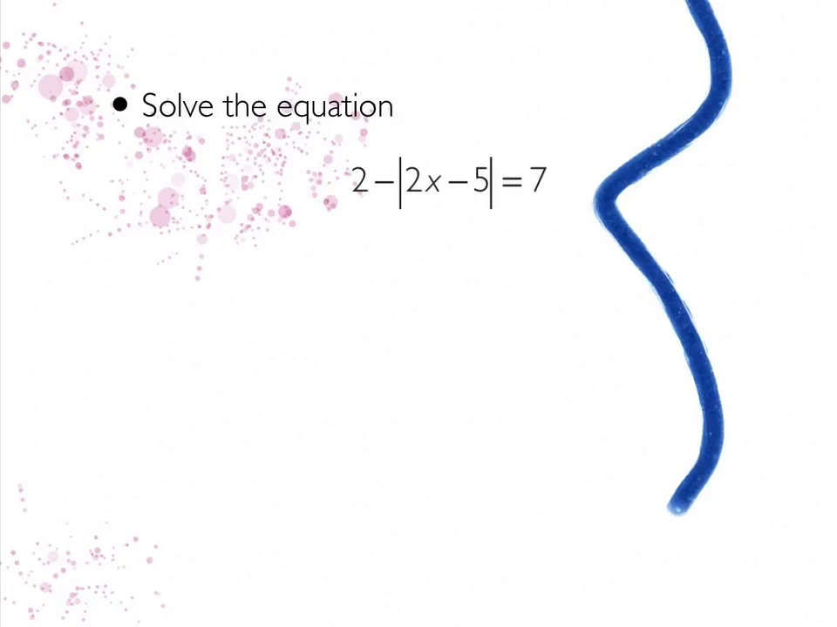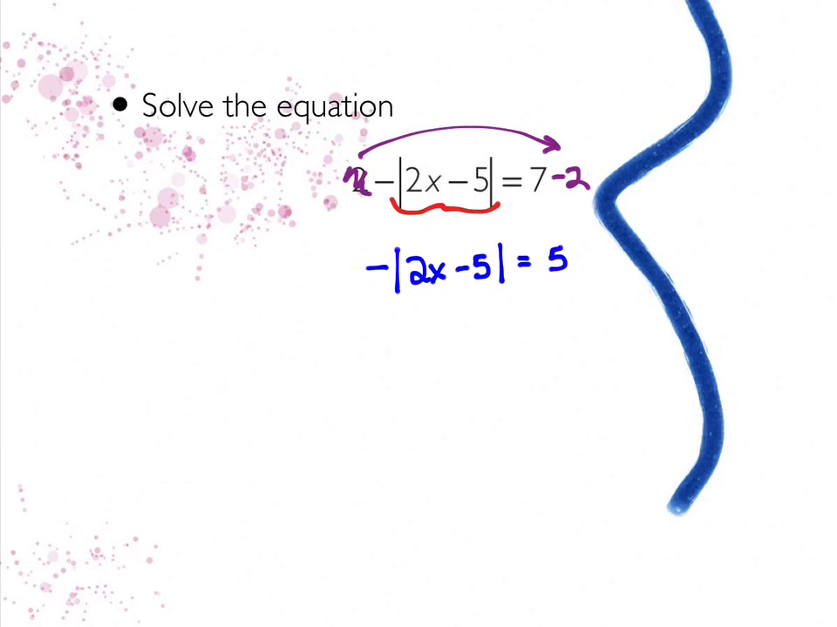Here's another one. I got to get this alone right here, the absolute value of 2x minus 5. So I'm just going to take this and bring this over here and make that a minus 2, and say goodbye to that. So now I have negative absolute value of this